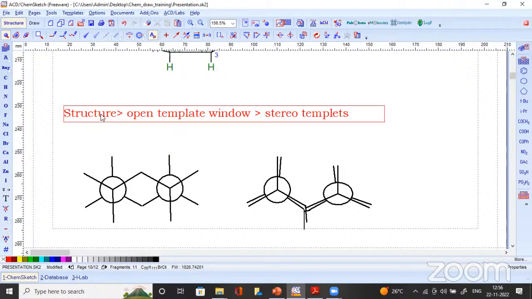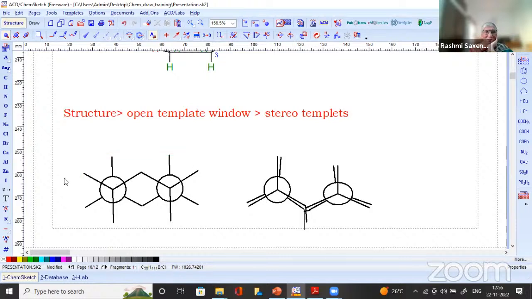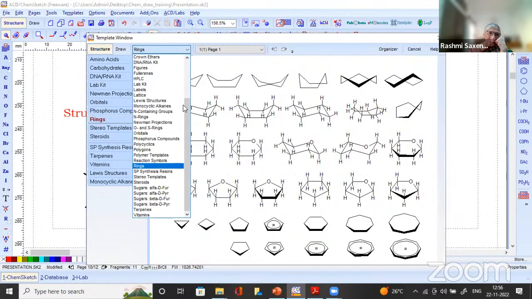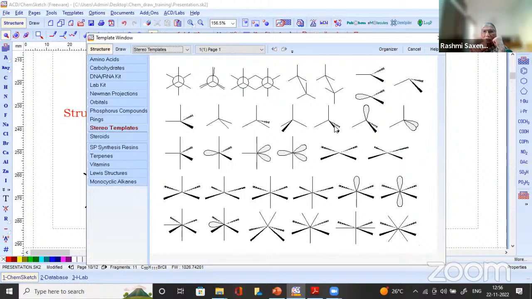बहुत अच्छा है, वेरी इंटरेस्टिंग मैडम। देन अब हमें न्यूमैन प्रोजेक्शन बनाना है, तो न्यूमैन प्रोजेक्शन के लिए आप जाएंगे टेम्पलेट्स में अगेन, फिर आप जाएंगे यहाँ पे स्टीरियो टेम्पलेट्स, आपको बहुत सारी चीजें दिख गई, सॉहाउस स्ट्रक्चर बना सकते हो आप, न्यूमैन साइक्लोहेक्सेन बना दिया, ये इक्लिप्स फॉर्म ऑफ इथेन बना दिया, आप कुछ भी ले लीजिए, फिर उसके ऊपर मिथिल ग्रुप जोड़ते रहिए, तो वो एन-ब्यूटेन बन जाएगा, ओके, कॉम्प्लेक्सेस में स्ट्रक्चर चाहिए पड़ते हैं, तो वो मिल जाएंगे आपको।